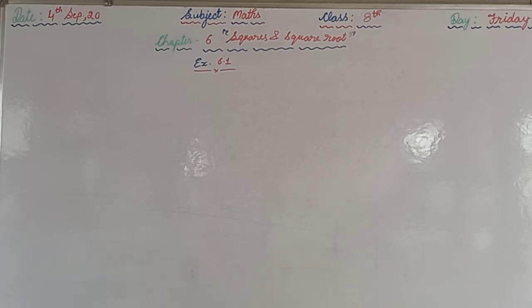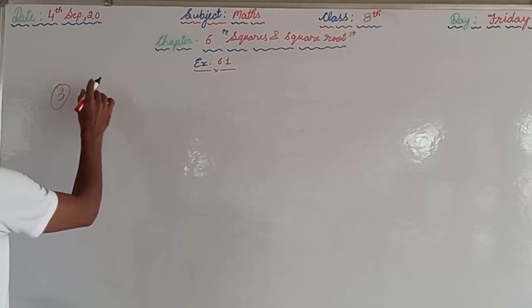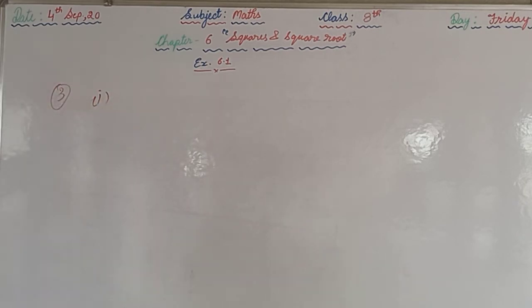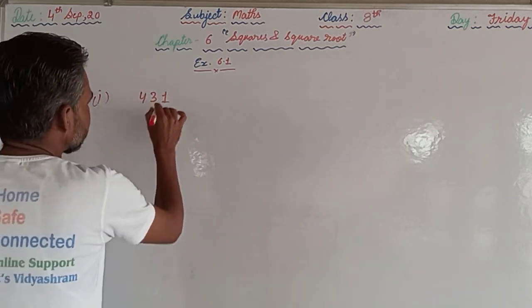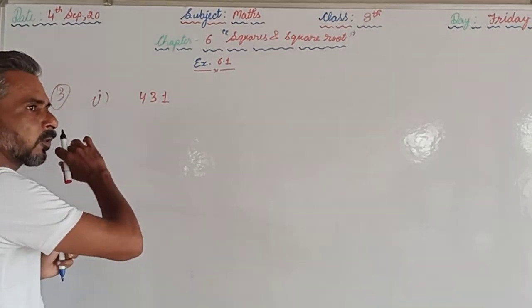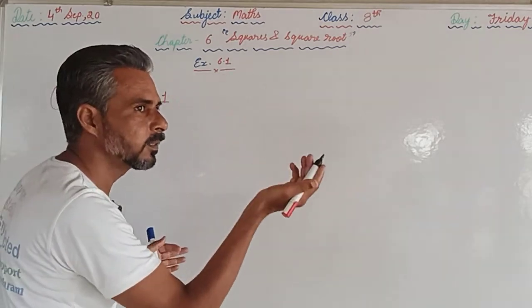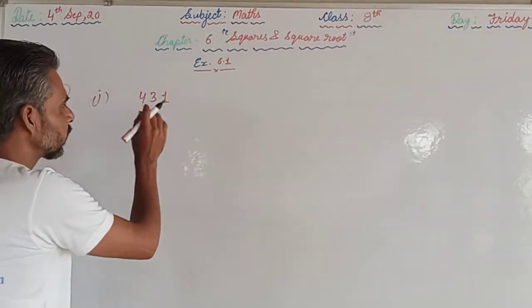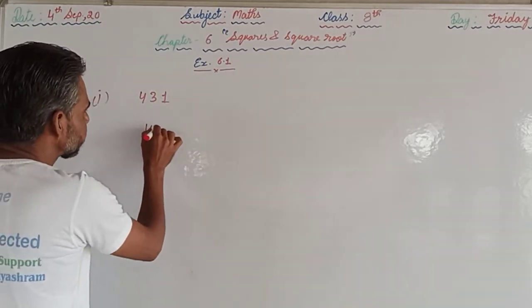As we have done in the first question, what will be the unit digit of the squares? From the unit digit only we can find out whether the number will be even or odd. For example, question number 3, part first, it is given that 431, whether the square of this number will be even or odd. So square of 431 means 431 into 431. 1 will be there in both the numbers at the ones place. So 1 into 1, units